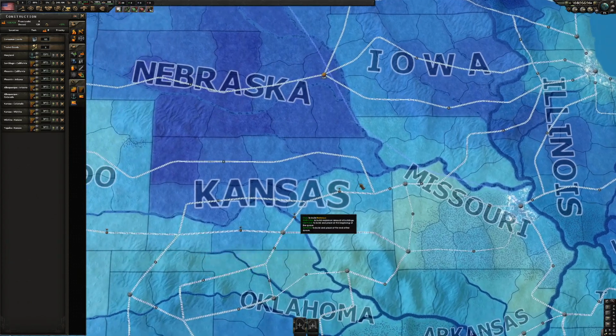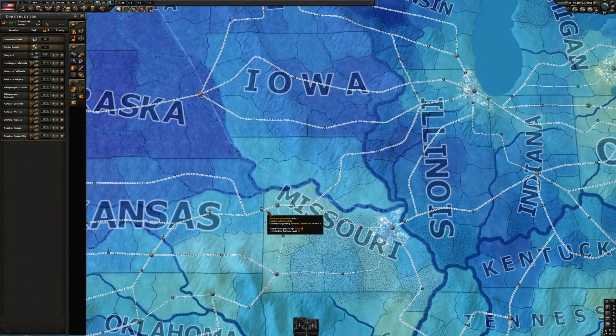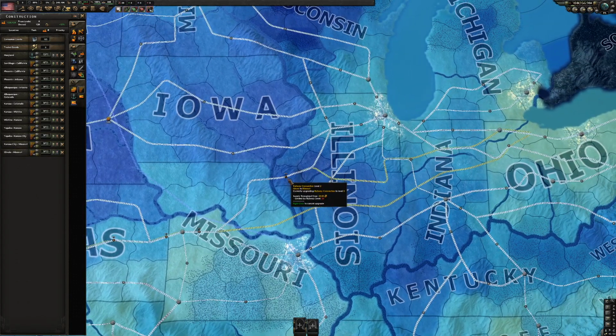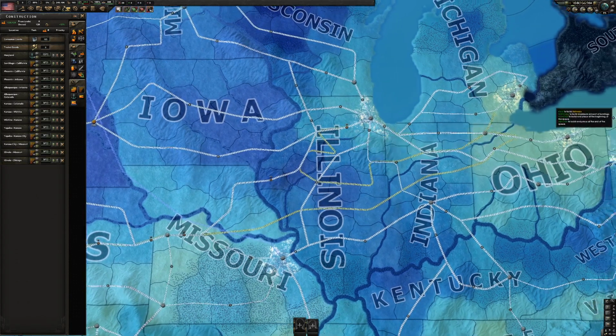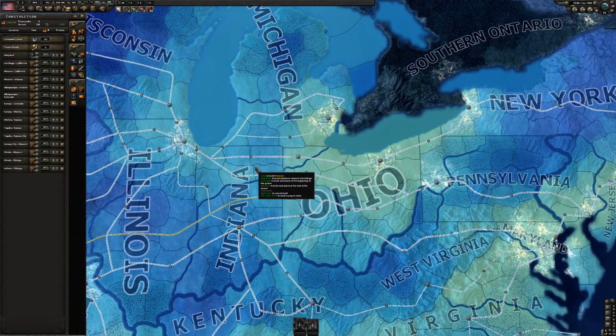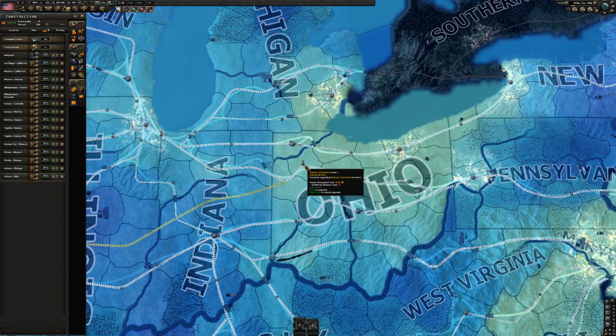See, I was trying to build a rail route there. That's why we're getting all the yellow craziness. Nope, we don't need to build a rail route. We're just building up our current route. Take that into Chicago. So the reason why I'm building this big rail route here is I want to, one,